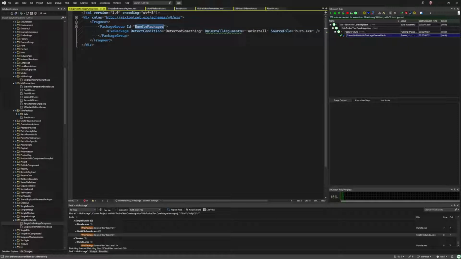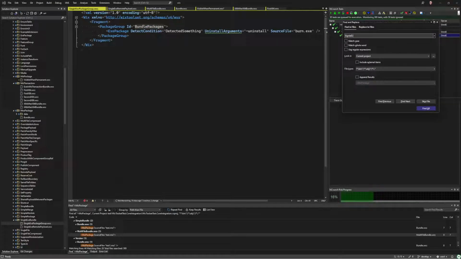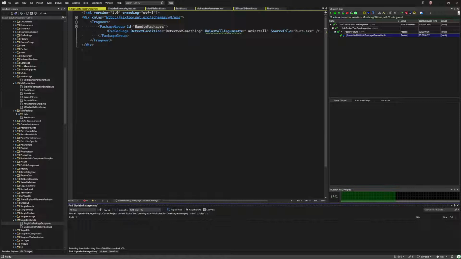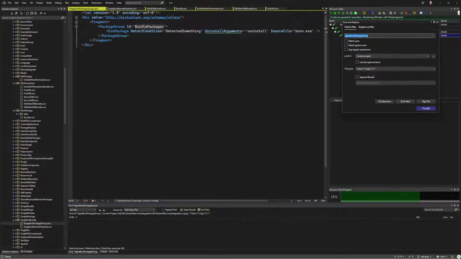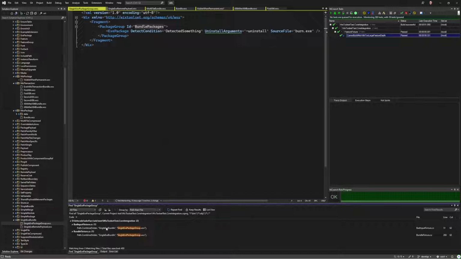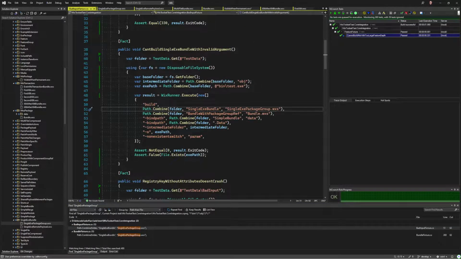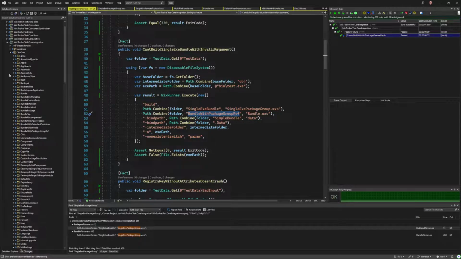All right, let's go look at where this is used. Single XE package group. Did I spell it wrong? Signet. There we go. Okay. Bundle with package group. Oh, bundle with package group ref. That's what I wanted. Bundle with package group ref is the template that will allow us to not have to